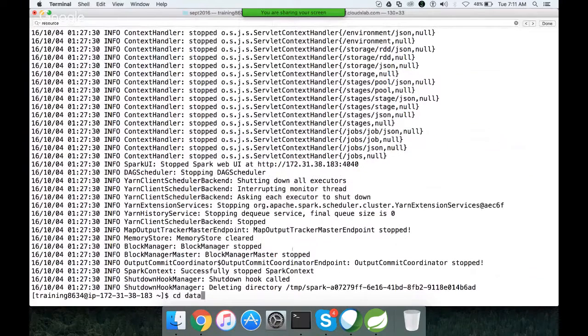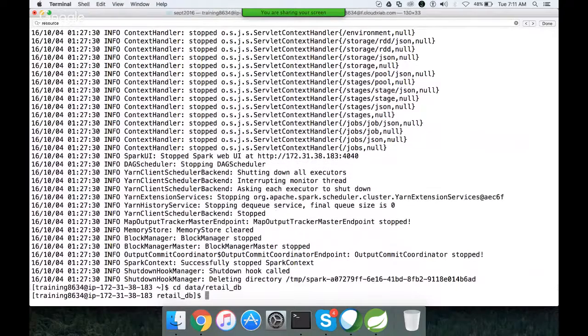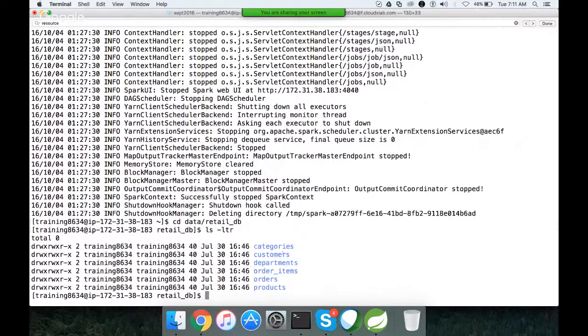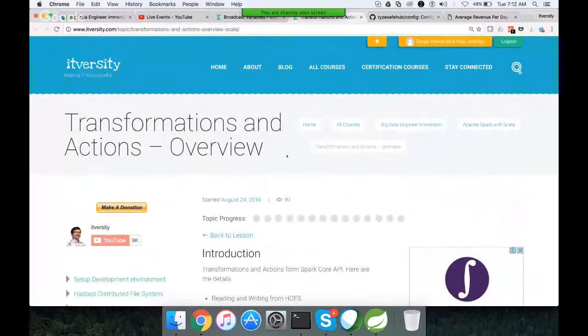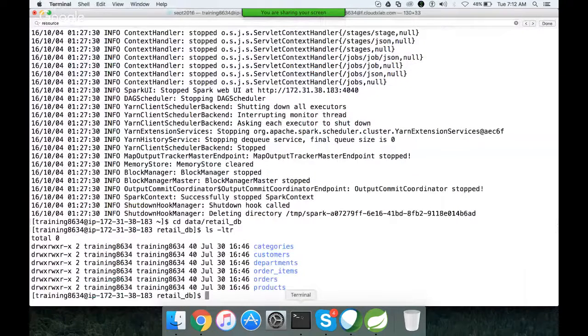If you go to data, retail_db and run ls -ltr, there are 6 directories, one for each subject, such as categories, customers, departments, orders, order items and products. From the database terminology, we can consider them as tables. And if you go to the data model, here what we are saying is we need to get total revenue per department for each day. If you go to the departments directory